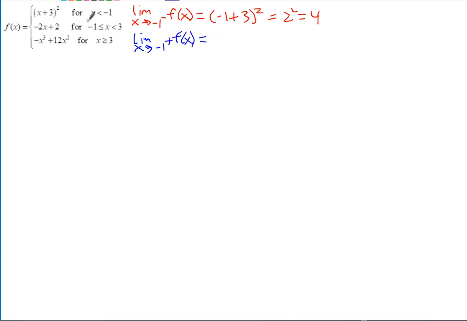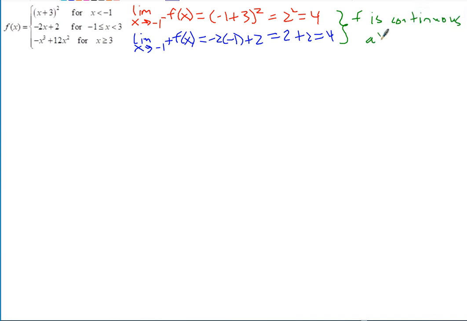So that'll be -2 times -1 plus 2 gives you 2 plus 2, which is 4. So since they're equal, that means the general limit would be 4, but it also, in this case, means f is continuous at that breakpoint